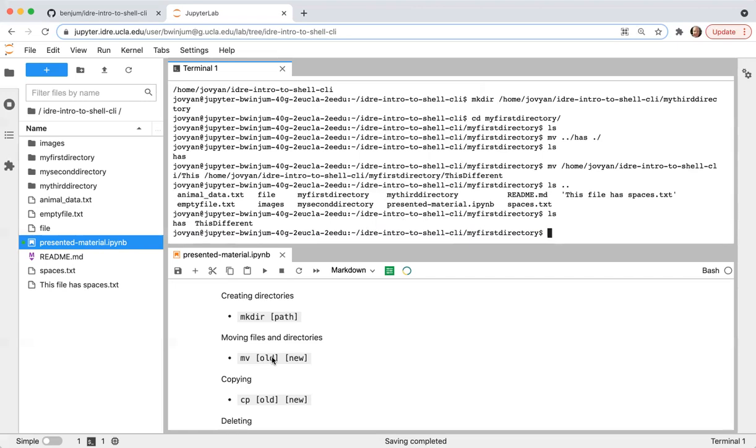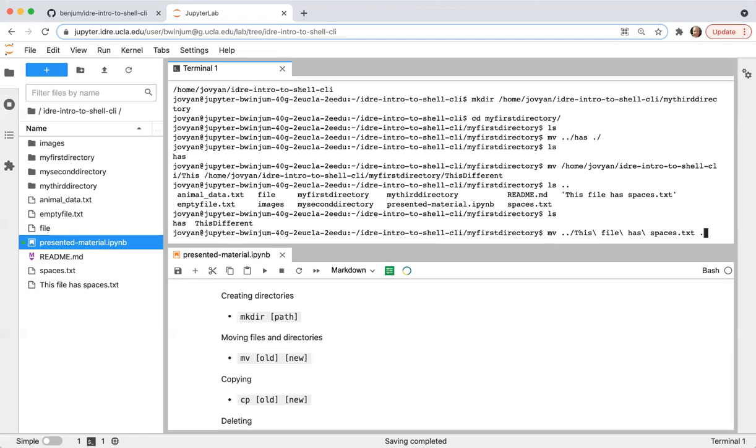You do want to be a little bit careful now when you start moving and copying things, because Linux is not going to assume that it has to take it easy on you. It's going to assume that you more or less know what you're doing. So if you decide that you want to move a file, let's say I move the other file called this file has spaces.txt. Rather than typing all of that out, I'm going to use tab completion.